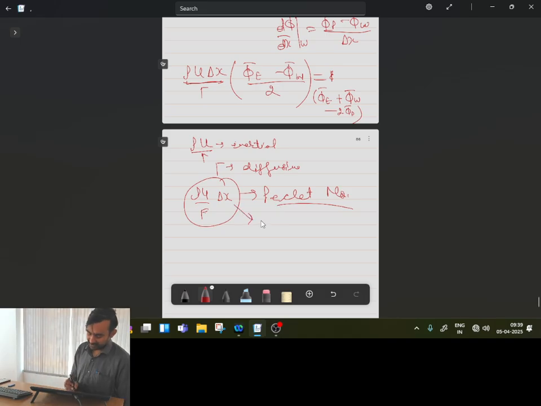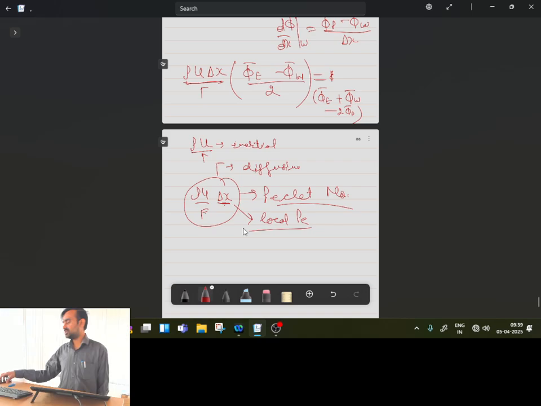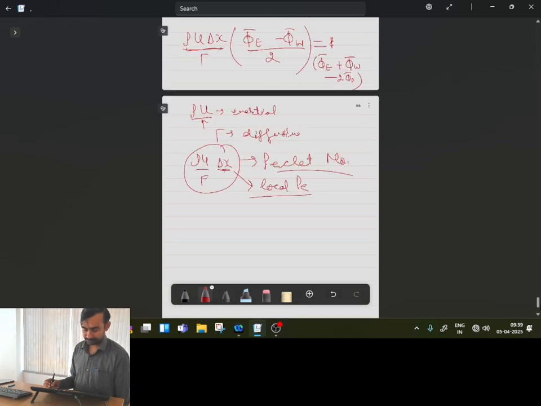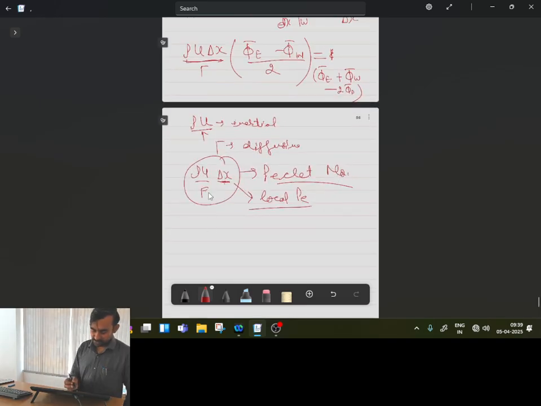At the moment, because this is calculated based on the length scale as size of the control volume, that's why I will be calling it as local Peclet number. Is this one clear? So this is local Peclet number. This is having certain relevance. That's why I am actually defining it at this point. Okay, so from this what I will be getting, please tell me. Peclet number times, can I further simplify this? Peclet number times